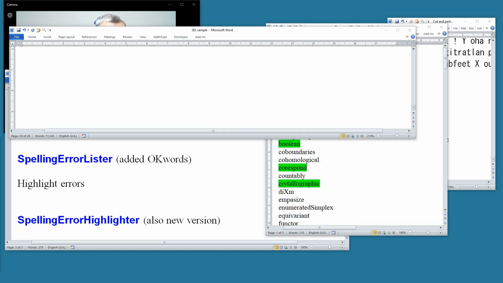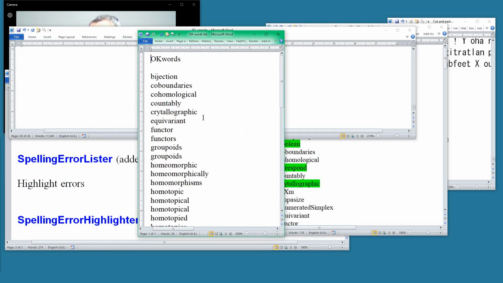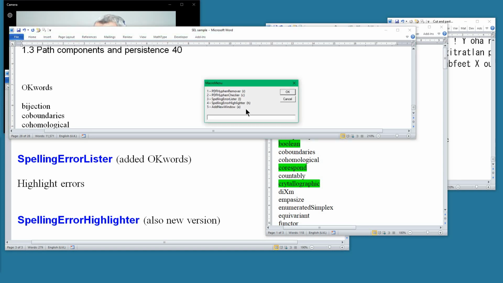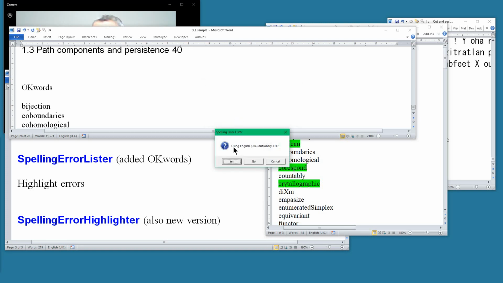So here's our OK words list. These are OK words, all these homotopical and whatnot, those are acceptable words. So if I copy that lot and put that at the bottom of the Word file of my document, I paste those in there, so I've got those at the end of the file. If I now run the lister, which is number 3 on there,